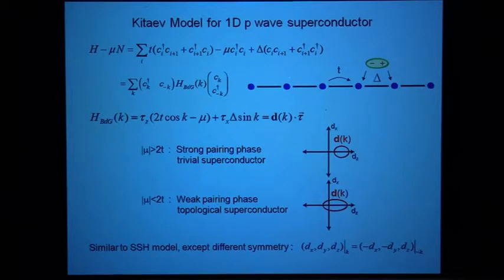Okay, and so this is spinless electrons on a one-dimensional lattice, and since the electrons are fermions, this pairing term is necessarily a p-wave pairing term. Okay, and so given this Hamiltonian,